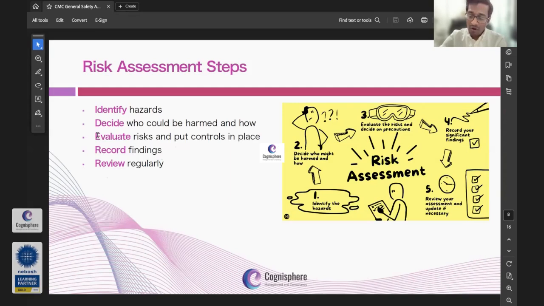Or following any changes in the working conditions. For example, if you're introducing new equipment, you will have to review the risk assessment. Or if the same work is done in a different location, again we will have to review the risk assessment because there is a change. So any changes that could impact your assessment, it must